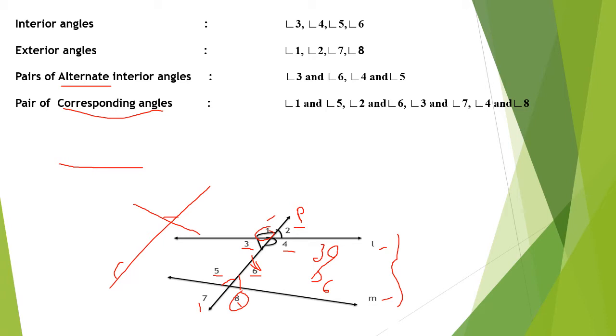First understand what is an interior angle, then what is an exterior angle, then alternate interior angles, then corresponding angles. Understand it and learn. Don't learn by heart the numbers 1 and 5, 2 and 6 like that, because in the exam I will change the numbers and give different numbers, and you have to find the answer from that. So understand it and learn. This is a basic thing. When you go to the next chapters, you are going to apply these angles.